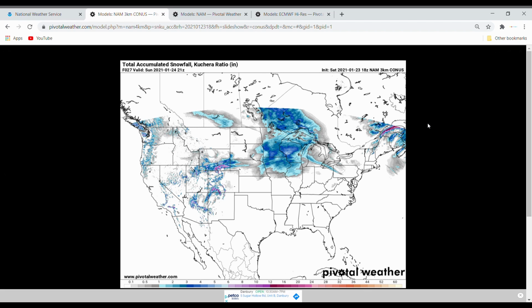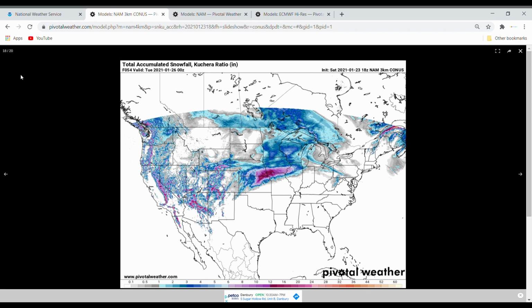So let's go through here. The NAM 3-kilometer model is already putting 12 plus inches of snow from Kansas to Illinois, and a larger area of 6 to 12 inches from Kansas and Nebraska into Indiana and Michigan.